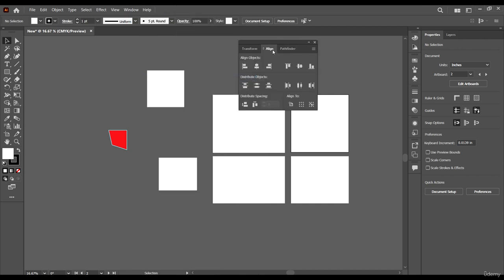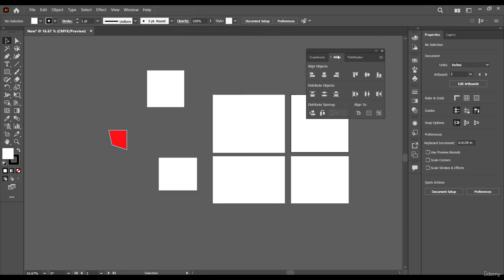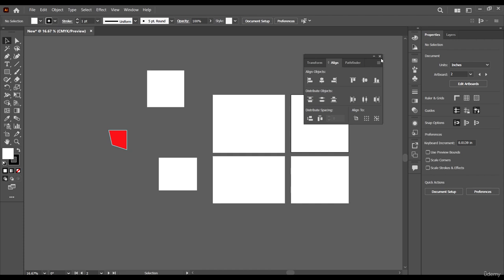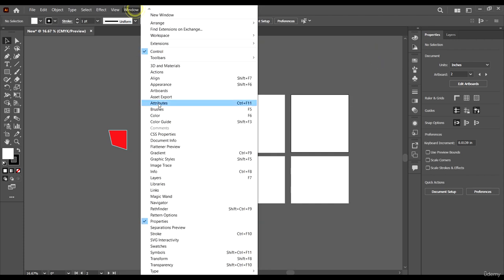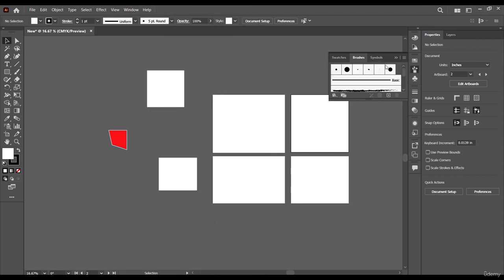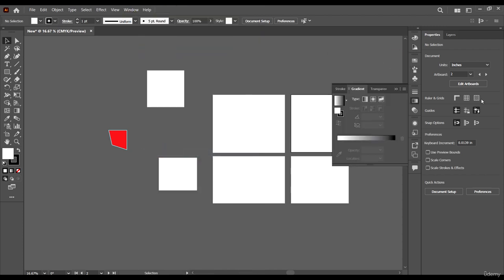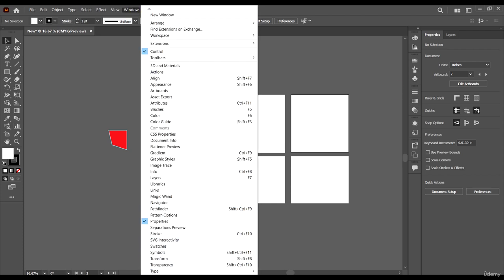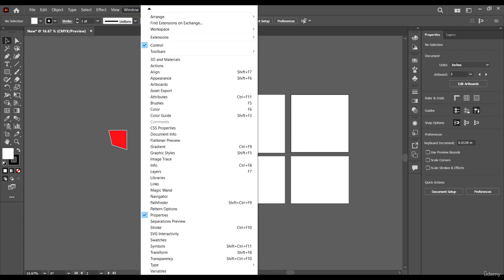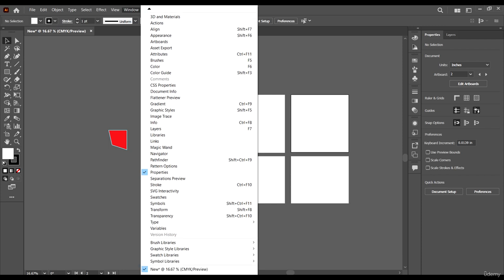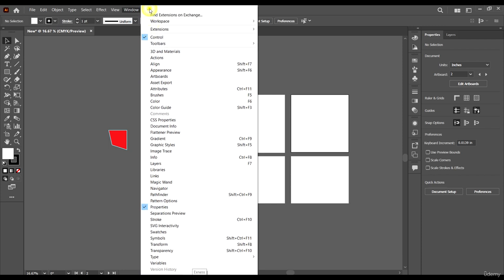align panel. Now you can see this is the align panel. You can do all sorts of aligning with this panel, and you can see brushes, and of course we have brushes here. It just pops out. And we have there's a gradient, and you see gradient is out here, and many other panels which our viewports cannot handle for now. Okay, we can also set up